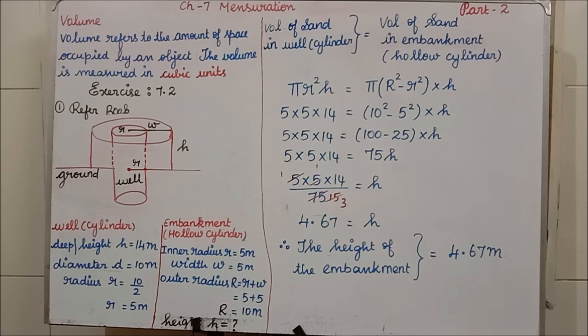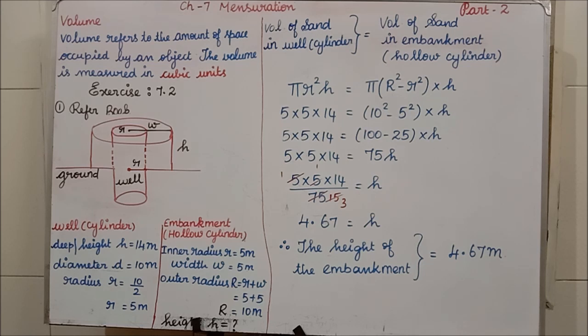Students, if you take one water bottle, and I ask you how many liters of water it will hold, what will you say? You will say 1 liter or half liter, isn't it? So how do you say it holds 1 liter or half liter? According to the amount of space occupied by the bottle, we will say it will hold 1 liter or half liter. So volume means what? The space occupied by an object.